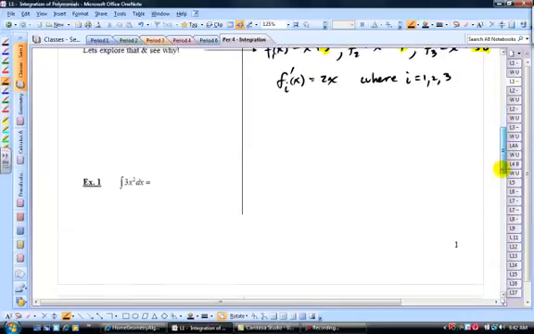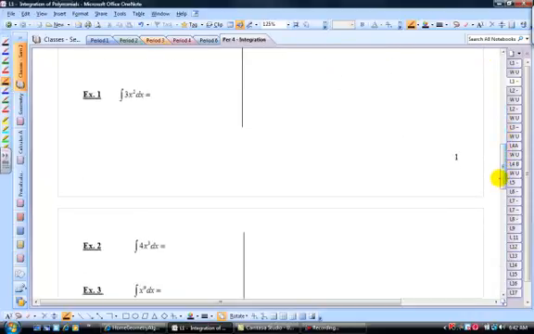So let's go ahead and take a look at how we integrate functions of that form. In this first one here, what we want to do is think of a function whose derivative is 3x squared. Remember, this integral is a function whose derivative is 3x squared. Now, it has to be a degree higher because whenever you differentiate a polynomial function, it decreases by a power of 1. Just remember, the derivative of x to the n